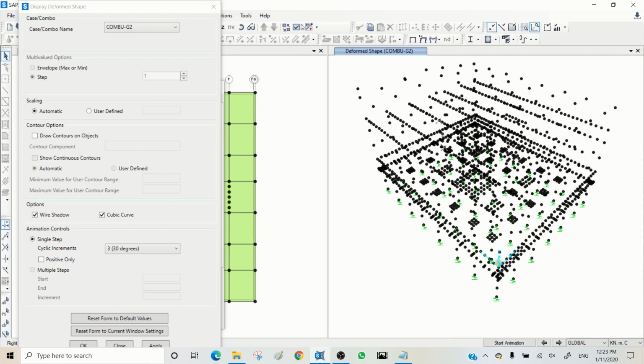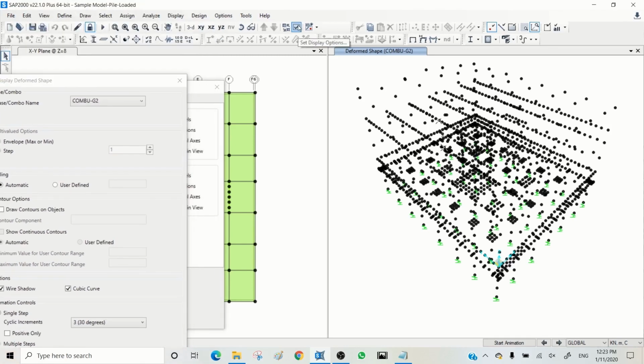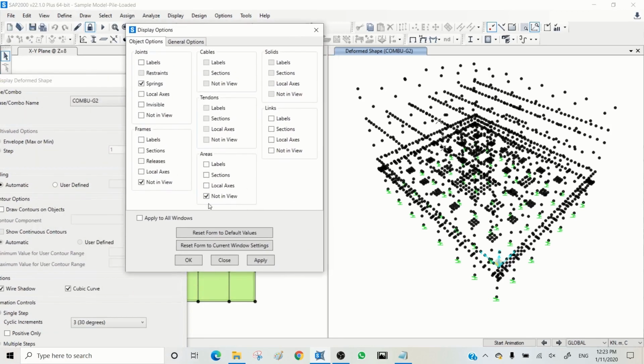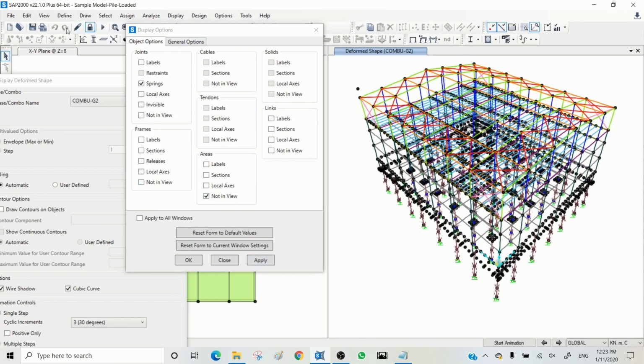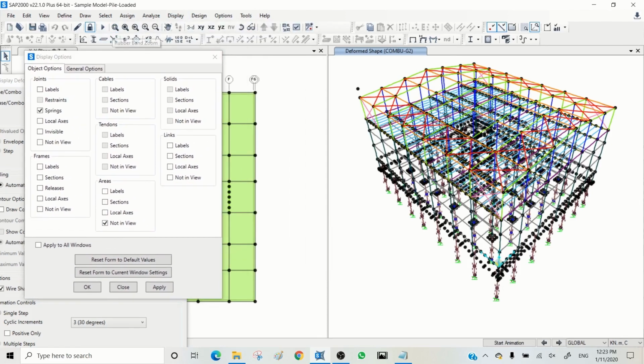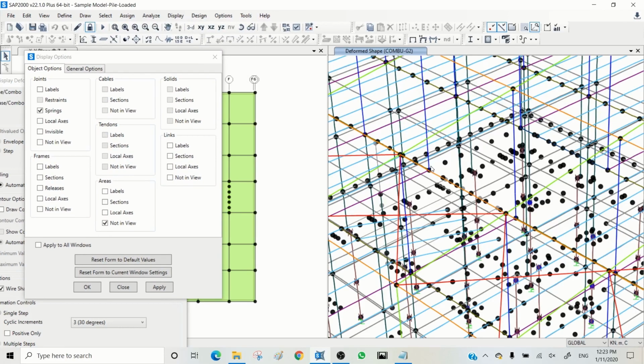So what I can do is go back to set display options, and in set display options I can, for example, keep areas not in view but put frames in view and apply, just to make it a bit clearer. I know roughly where it's happening, so I'm zooming in on this area to see where they are. Again, I know where they are. Those are the beams that are not connected to the wall properly, and you can see those beams are moving here. So if I stop the animation and bring areas